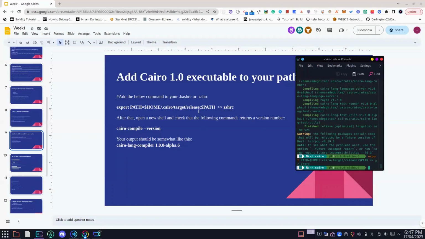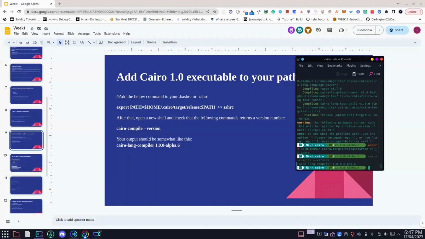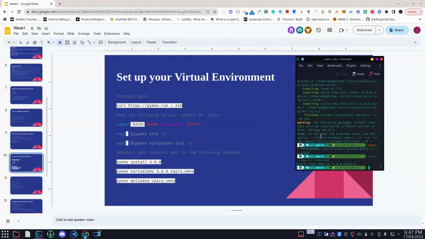So after doing this, you should check the Cairo compile version. You should get Cairo-lang compiler 1.0.0 alpha 6. So the next thing to do now is to set up a